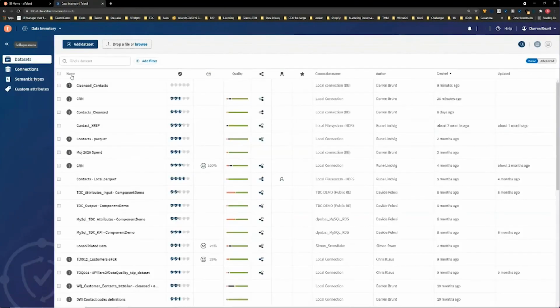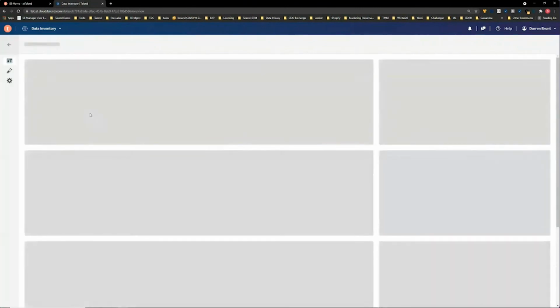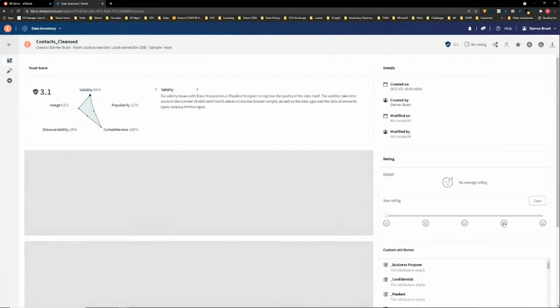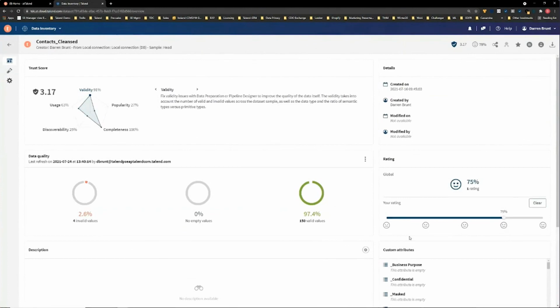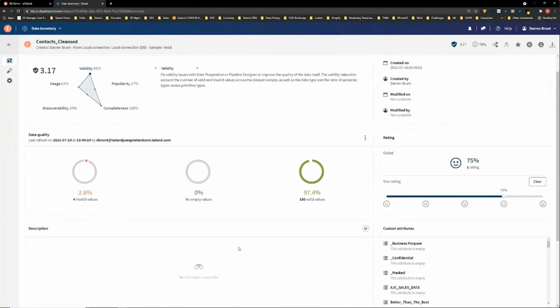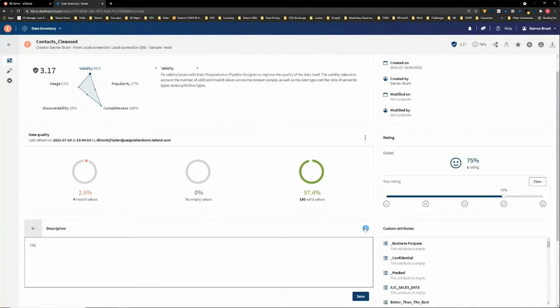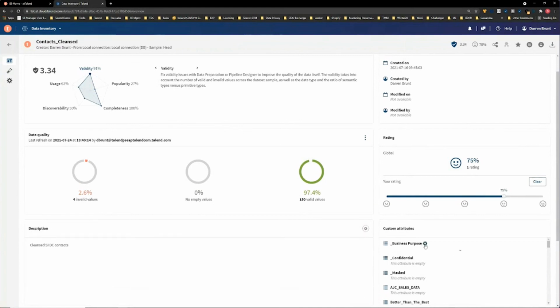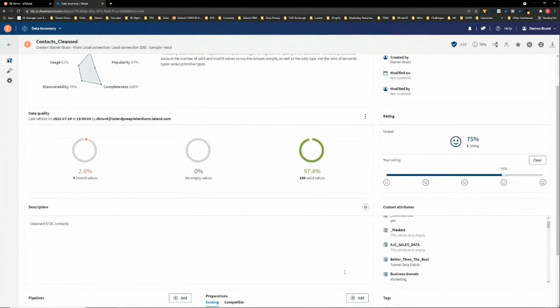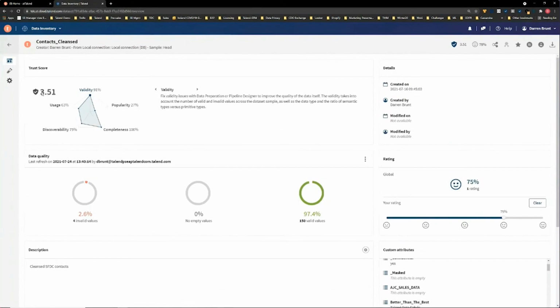And it might be that based on that, I now want to do something like give my own voting on this data. I might want to say, well, actually, I'm generally happy with this data. This is giving it a description as well: cleansed contacts. And I might actually start to augment the data with information about what the business purpose of this data is, whether it contains any confidential information. Well, there's still email addresses in there, so yes. And generally, as I'm adding additional tagging or discoverability to the data, I'm helping to drive up this trust score.